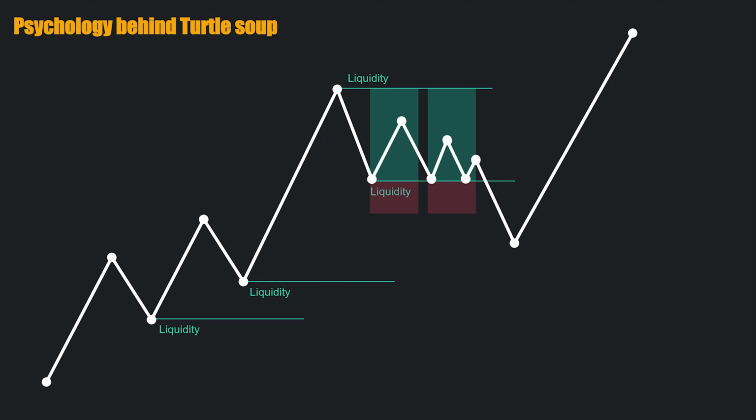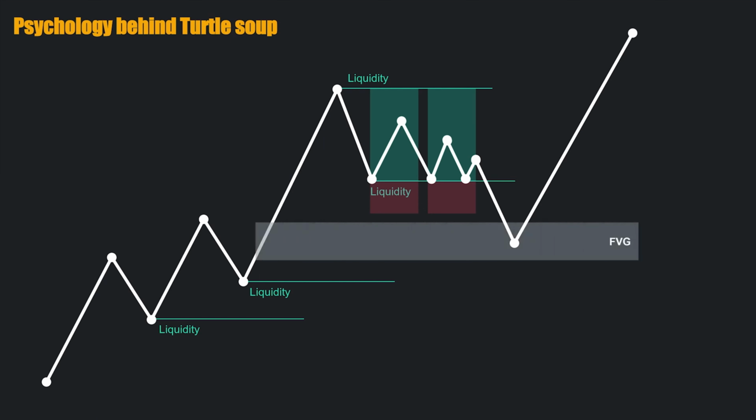Things get even more interesting when a fair value gap exists just below this liquidity pool. This creates a high probability trade opportunity in this area. Since liquidity is resting below the support level, there is a strong chance that price will break below the support, sweep liquidity, and then reject the fair value gap to the upside. Once this rejection occurs, price is likely to gain bullish momentum, push higher, and continue the uptrend. This setup provides a smart way to trade with the trend while using liquidity and fair value gap to identify